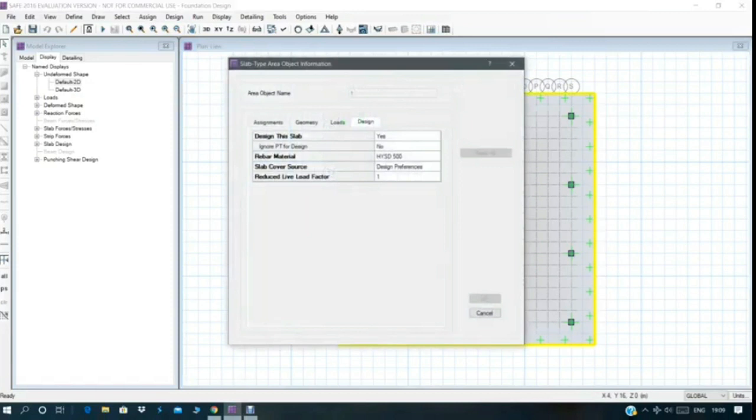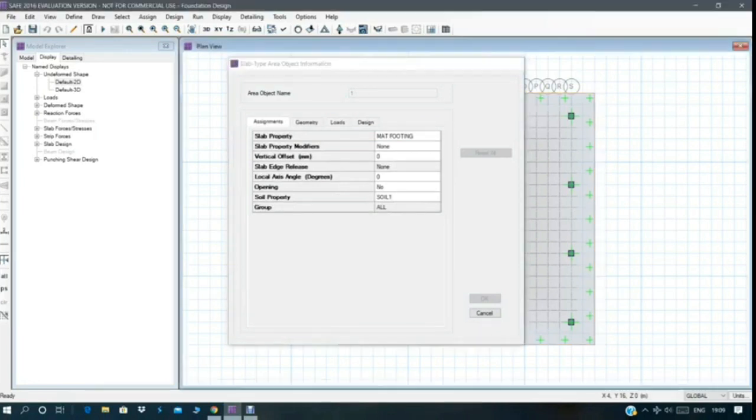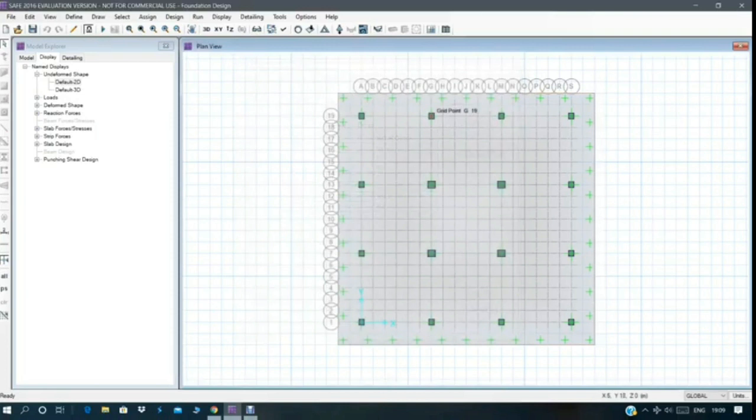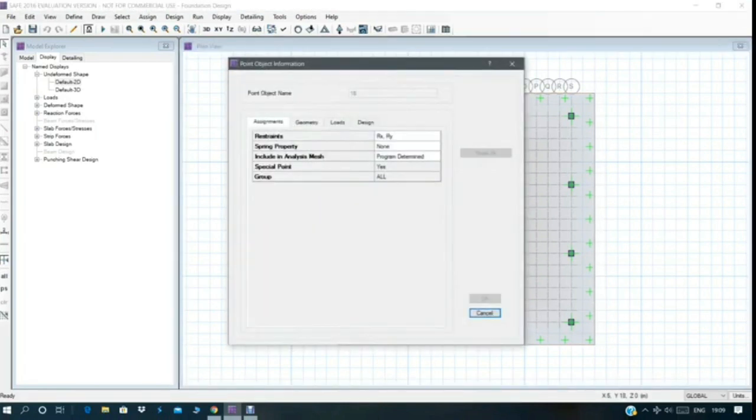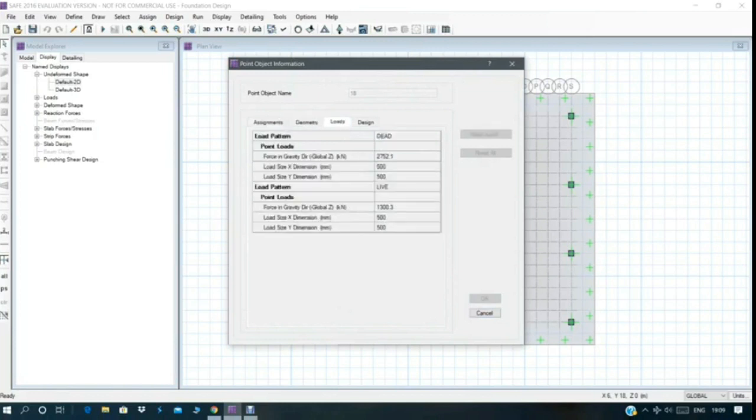You can right click anywhere on the footing to get the properties. Here you can see all the properties of the footing. Each of the properties has been shown there.